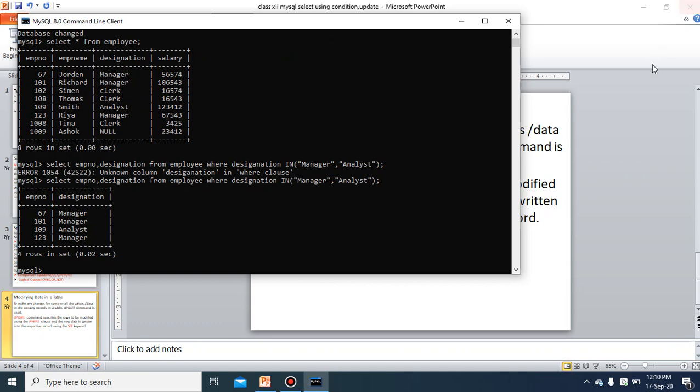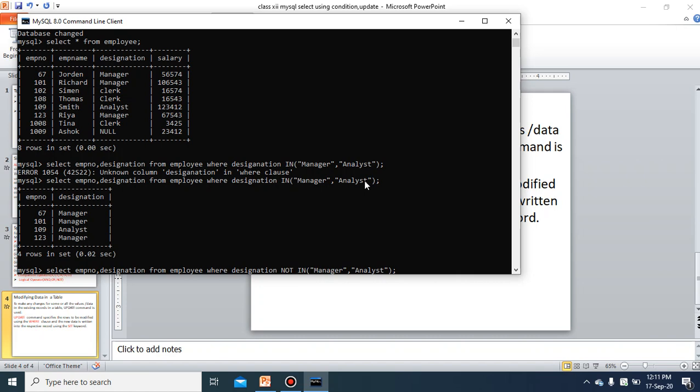See, only the manager and analyst employee numbers have come in the output: 67 employee number manager, 101 manager, then 109 the analyst, and then 123 is the manager. So only the manager and analyst have come in the output. Like that there is the not in operator, just the reverse of it. You can write it either in capital or small, no problem with MySQL.